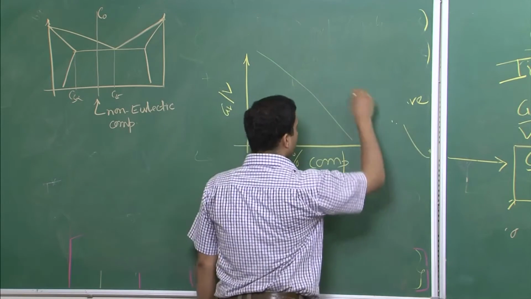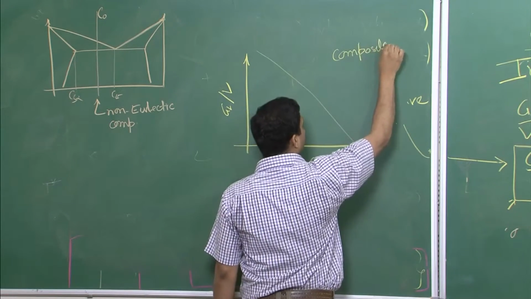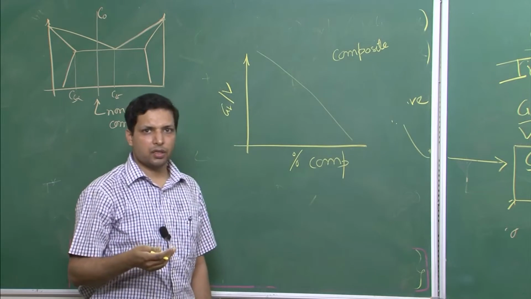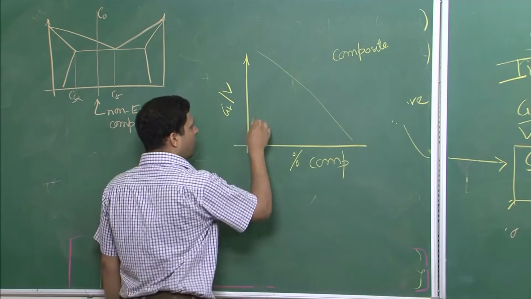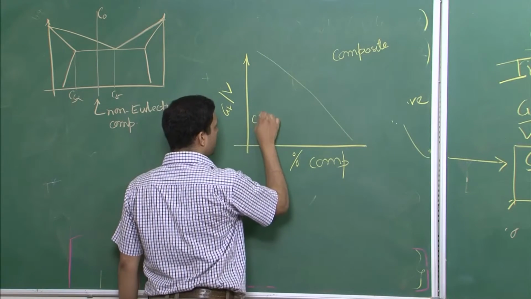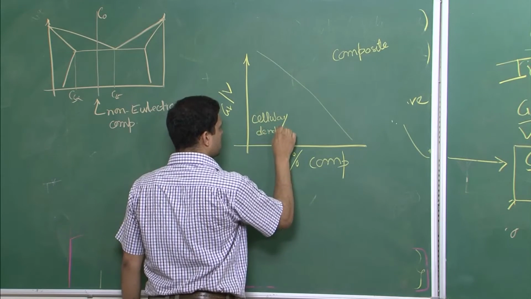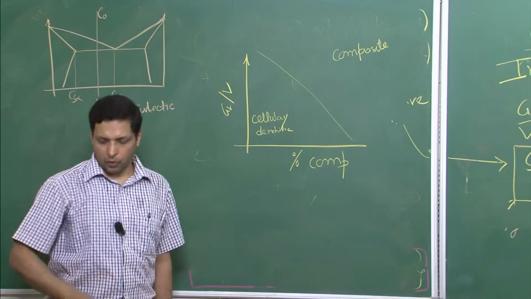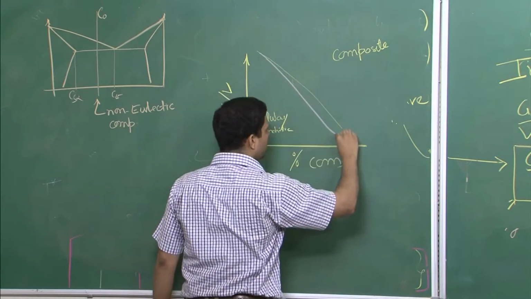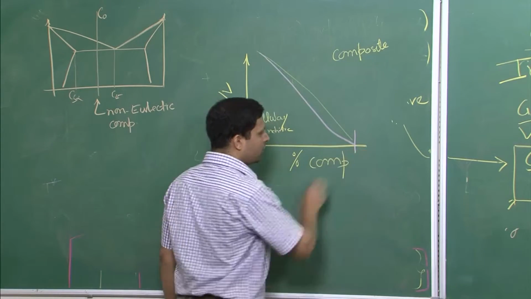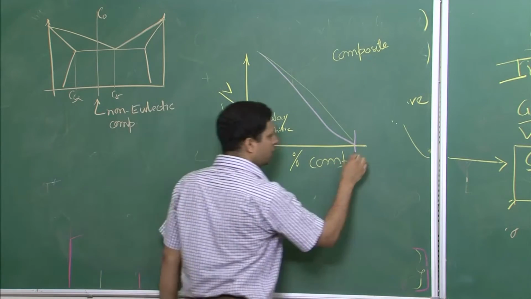And under this condition over here you should get composite or planar solidification. We are using the term composite, meaning the alpha and beta phases are growing simultaneously without interfering with each other, and over here you have cellular kind of growth or dendritic. So, this is what is theoretically predicted, and people have in fact found a very close relation like this. And what is this value at which GL over V becomes 0? This is CE.